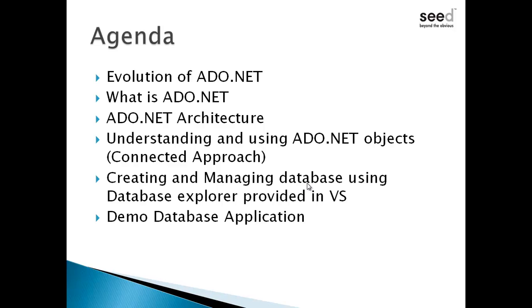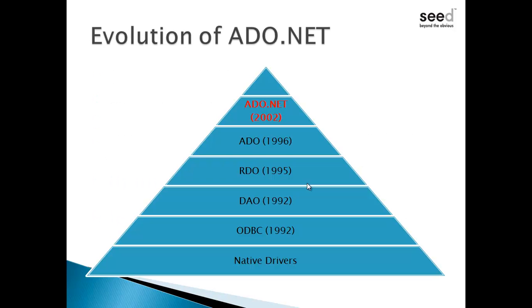Then we'll try to understand the core objects of ADO.NET providers, and then we will design one database application where we'll try to explore these objects, and we'll try to use various methods and properties of the connection, command and data reader objects. So let us start with